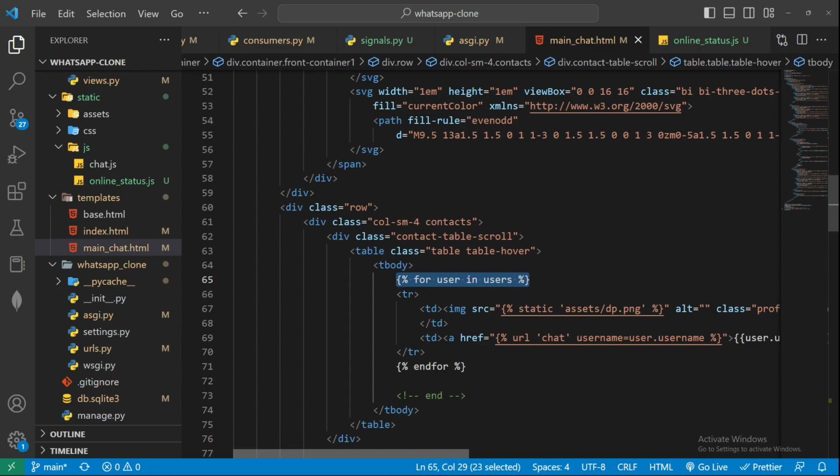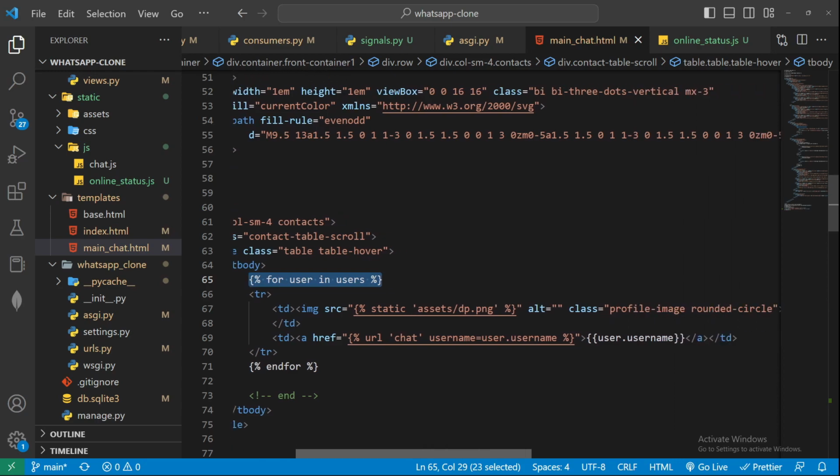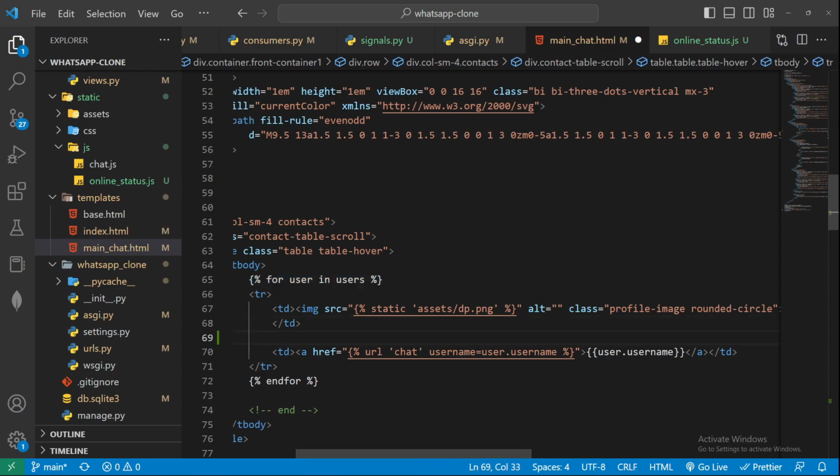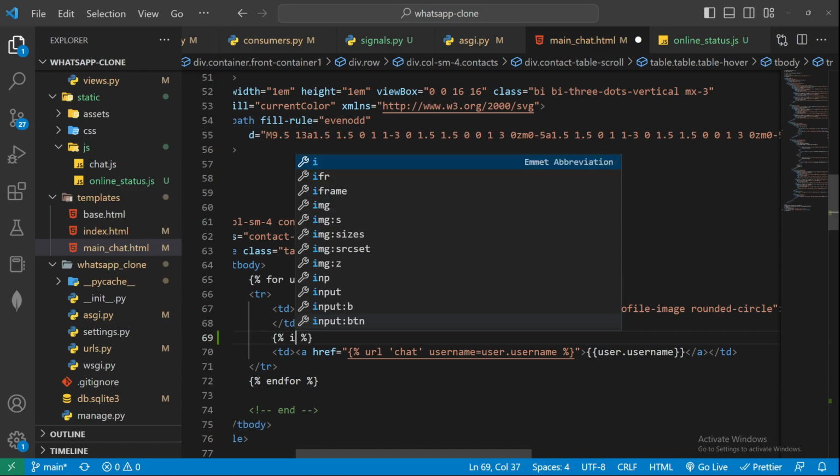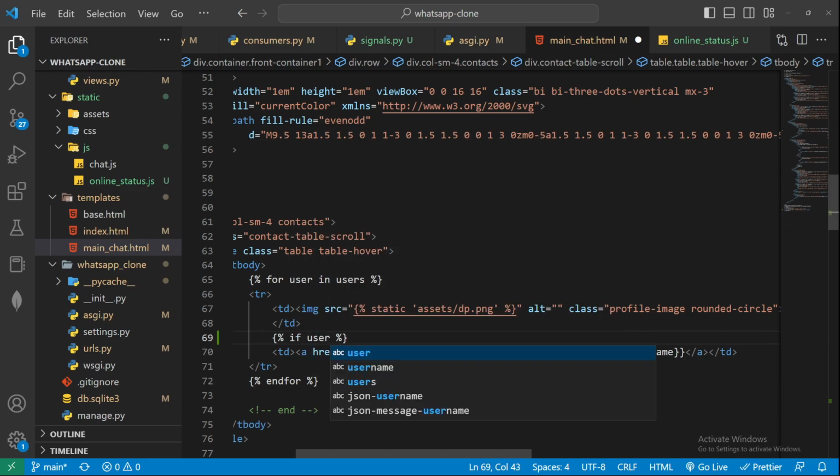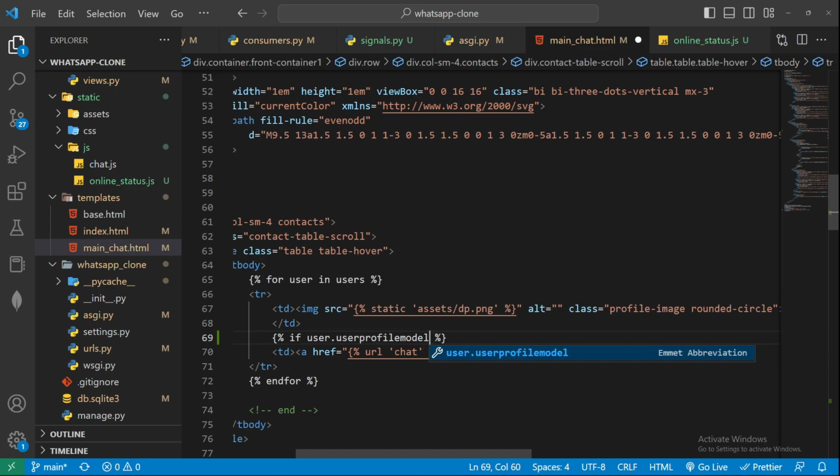What we can do here is differentiate. Let's say we can check here how we can say if user dot user profile model dot online status,